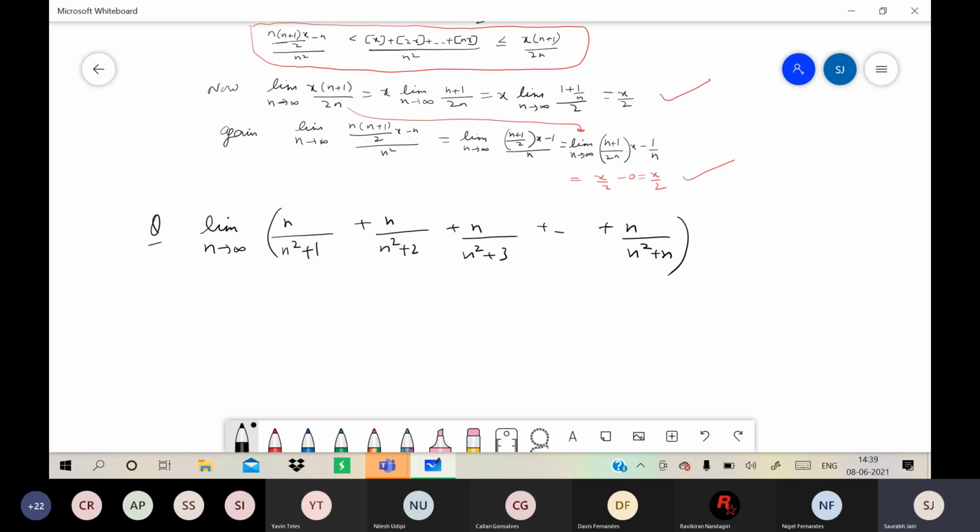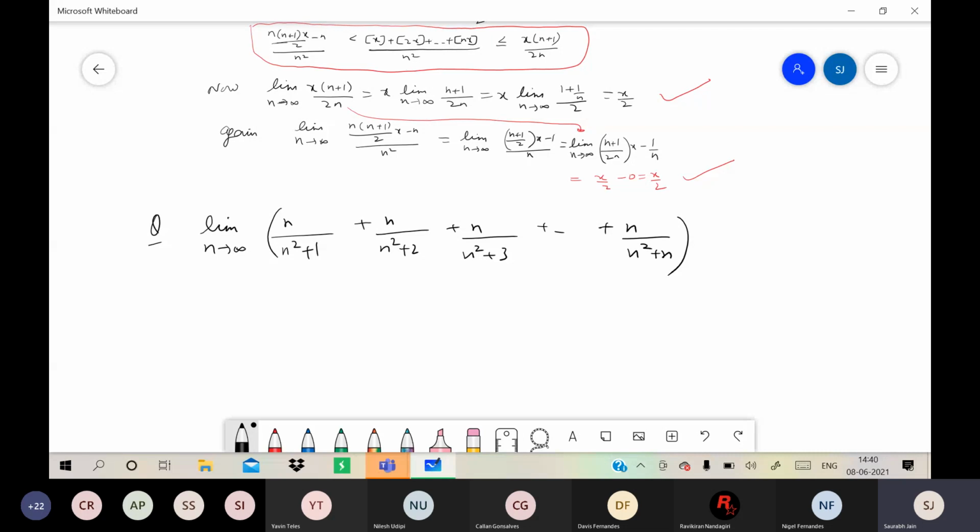And remember one thing I told you, do not split the limit in all the terms. Why? Because if you split this limit on all the terms, from each term you will get 0, and 0 added to itself so many times is still 0. But that is a wrong answer, because I told you that small components can be added to give some significant quantity. So we are not supposed to split it, neither can we take the LCM of this kind of term. So only one possibility remains, that is sandwich theorem.